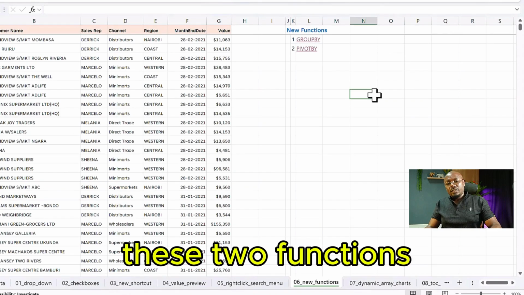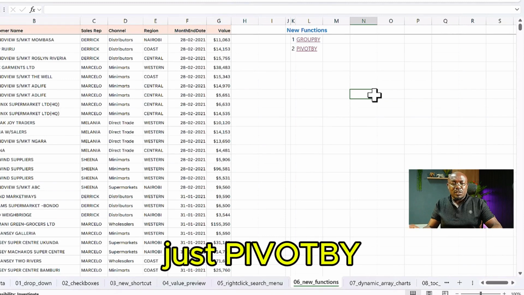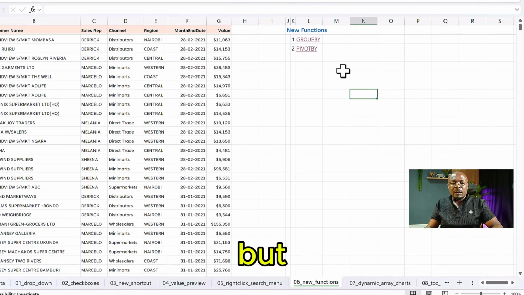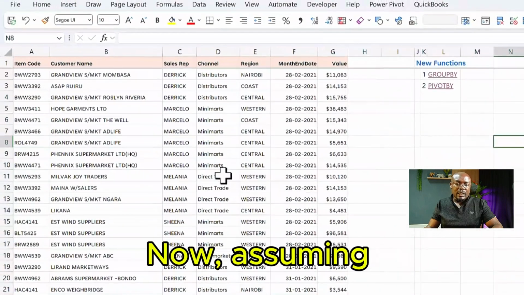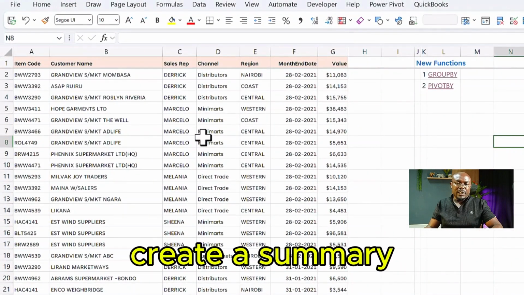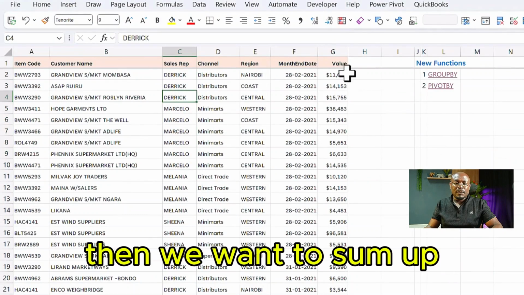In my opinion, these two functions should have just been combined into one. Just pivot by would have been sufficient. But for the sake of this lesson, let me show you what group by does. Now, assuming we want to create a summary by sales rep here, then we want to sum up the values